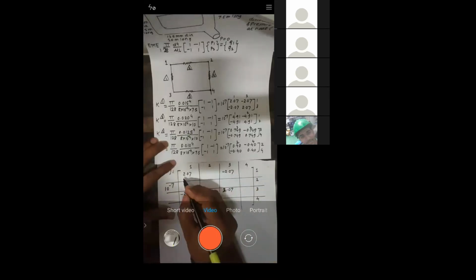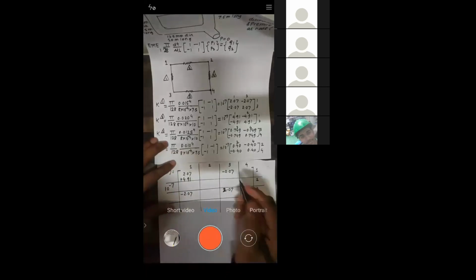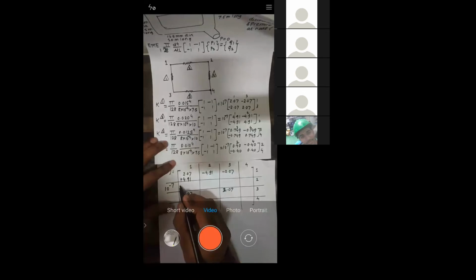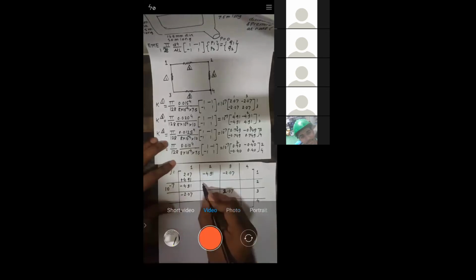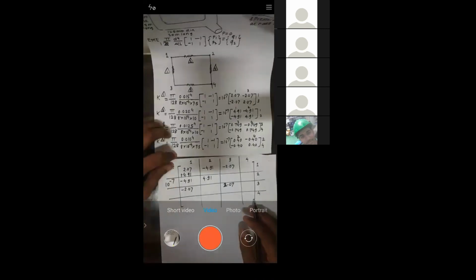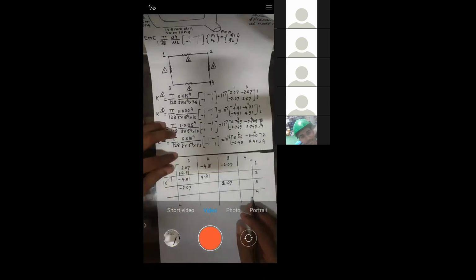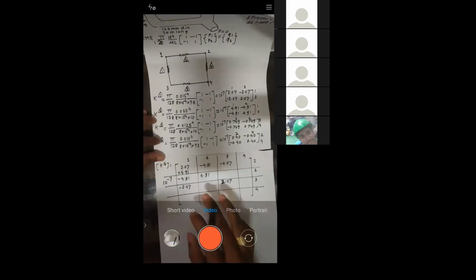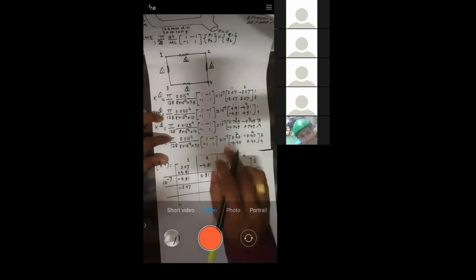So 1 2, 1 2, this is the starting point, right? So here you have plus 4.91, here you have minus 4.91. Okay, then you have minus 4.91, then you have 4.91, right? See, this is the last problem which we are taking for this chapter. So I hope that everybody knows how to put this. Next, go for 3, 4, 3, 4, right? See here, plus, minus, minus, plus.